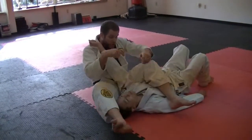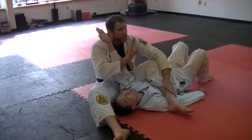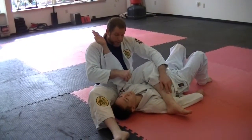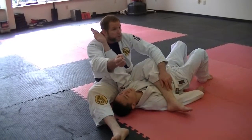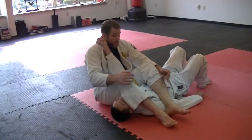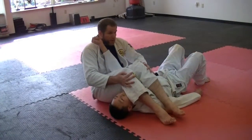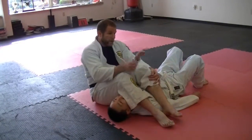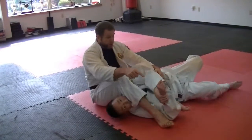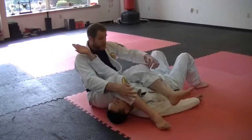So what we'll do is we'll start in this position. You don't have to start from the mount. Start from here, sit next to your partner, and have them give you their arm. Both legs go over the body. The knees are together. Another thing they can do is pull away, right? They can just maybe grab their arm with their other arm, and they can just pull it free. So the knees together help